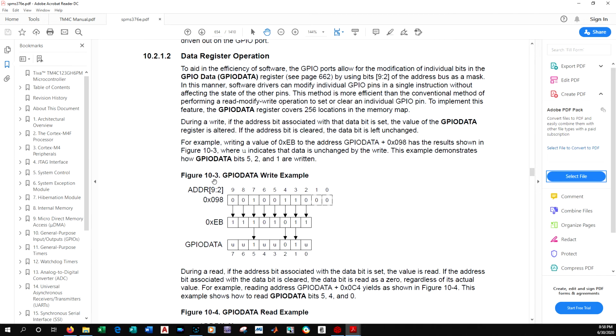We can see in the example given that the actual address of the register we're using for data is actually bits 2 through 9 instead of bits 0 through 7. Instead of 8 bits, we have to give it 10 bits, and I'm not sure exactly why it's set up this way. Again, I don't know why. It's just the way it's set up. So